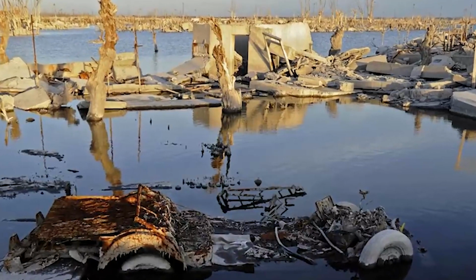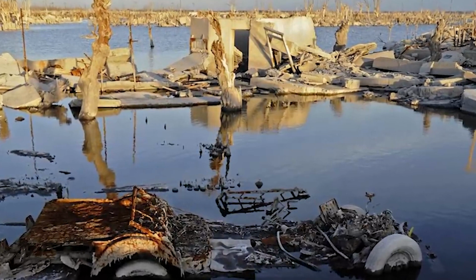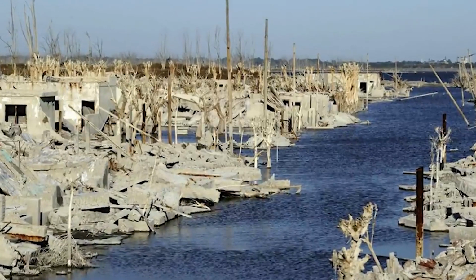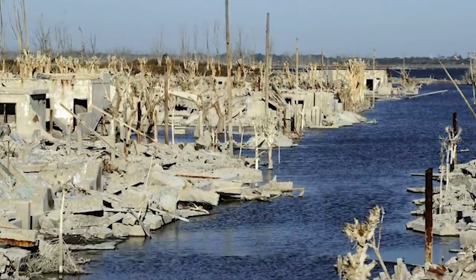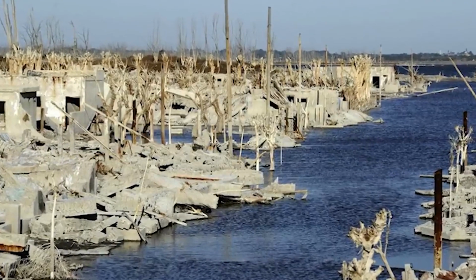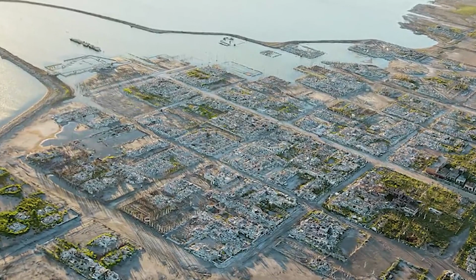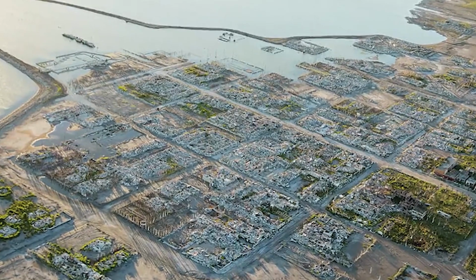Soon, the lake around them began to swell. It ended up breaking the dam and sinking the entire city. In 1993, the town was about 33 feet underwater. That was until 2009, when some of the water receded and part of the town became visible again. Old rusted cars and debris were then exposed out of water. But of course, most of the town will continue to remain underwater, and the parts exposed will probably be flooded